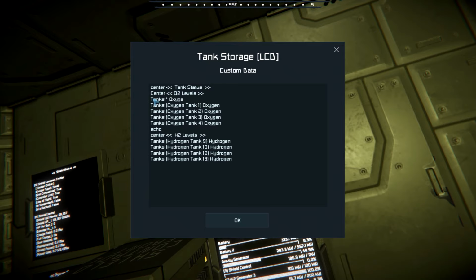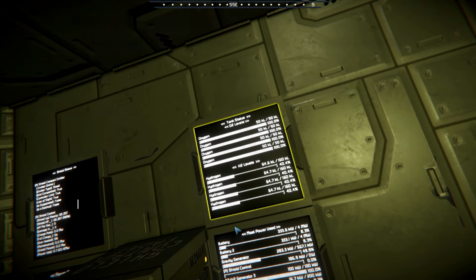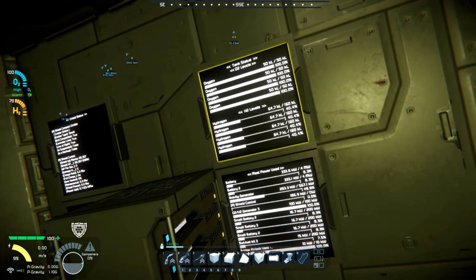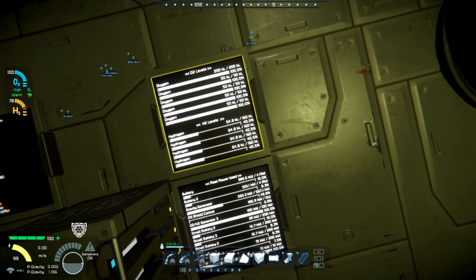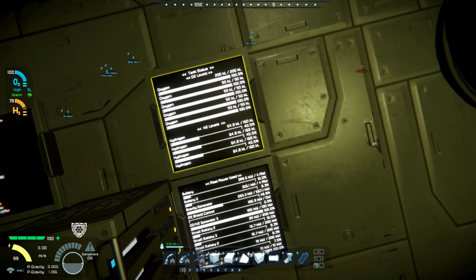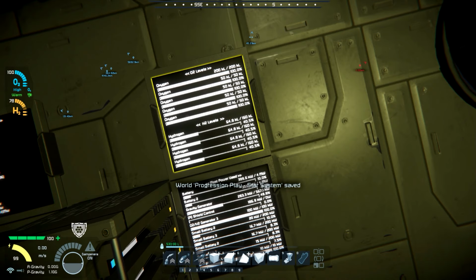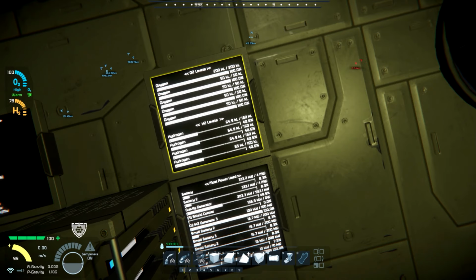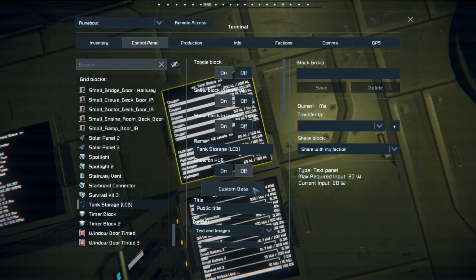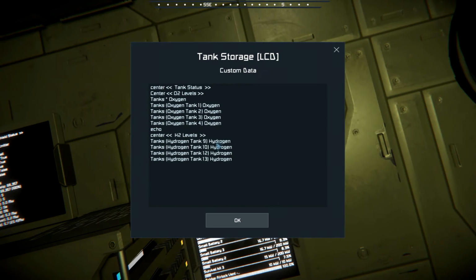So what we wanted to do is give us a summary of the tank status for oxygen. When it updates, we should get a fifth one, and as you can see at the top of that list, it now combines all the stats for everything below it. So what you can do is when you get into a little bit more advanced data